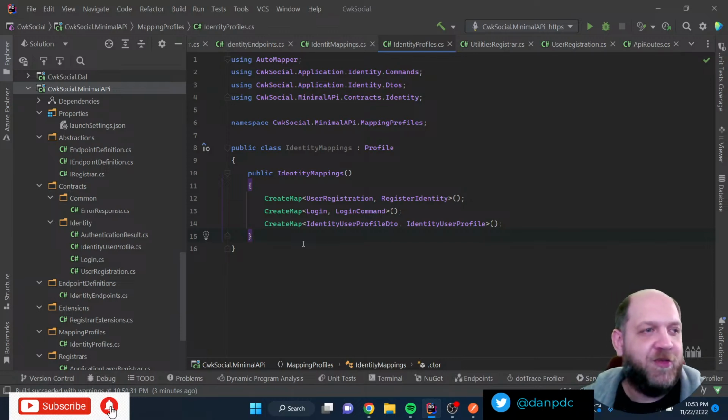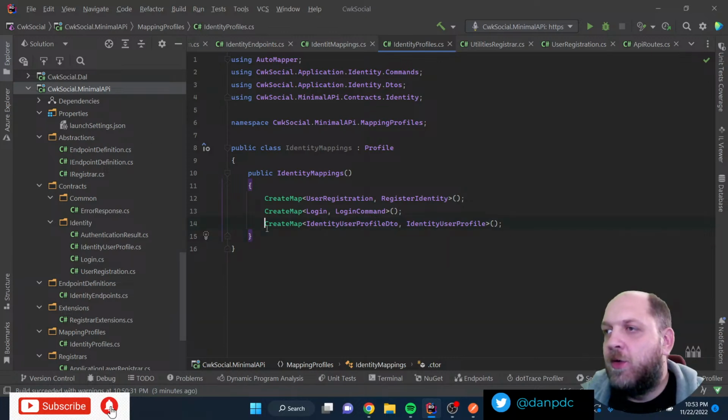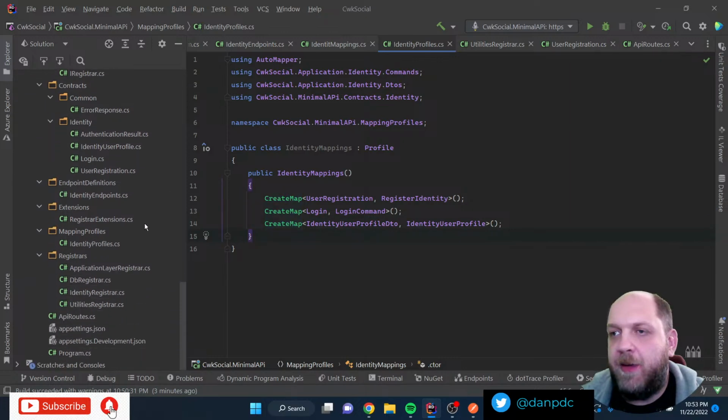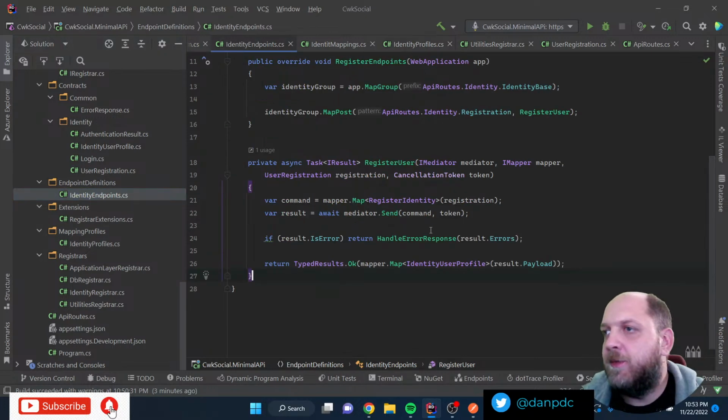Yeah, VS for Mac is complete trash. I heard that before, so that feedback is certainly nothing really new. Cool, but we have created the maps right now, and I would expect that if we go back, where was this identity endpoints? Let's just place the breakpoint here once again, and let's debug it once again.